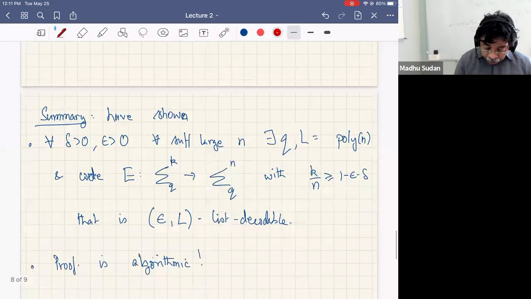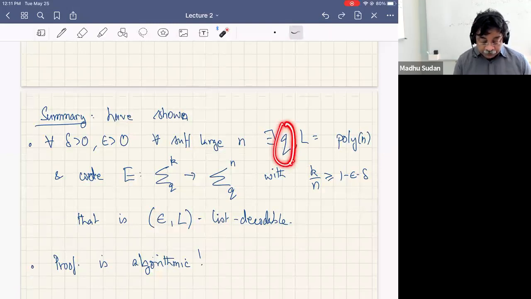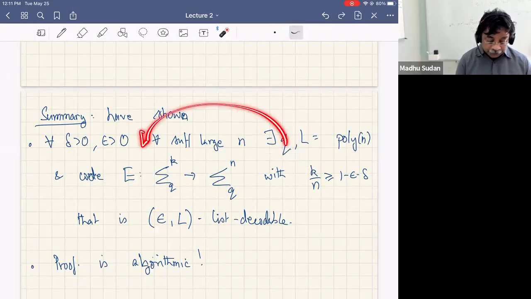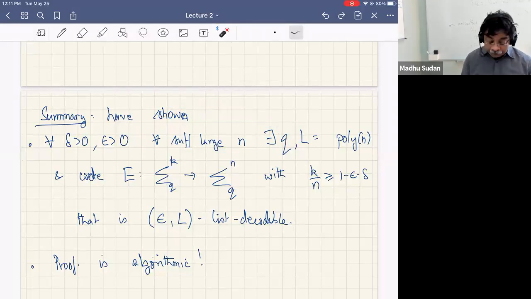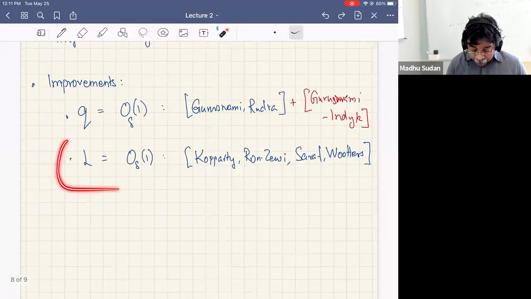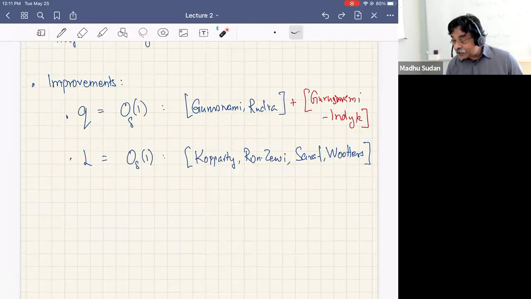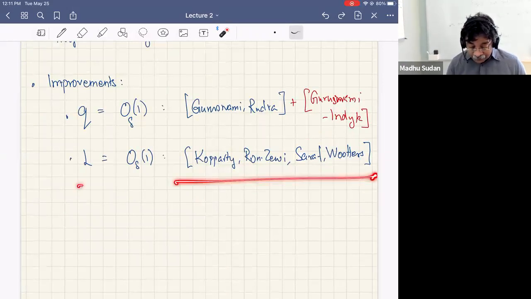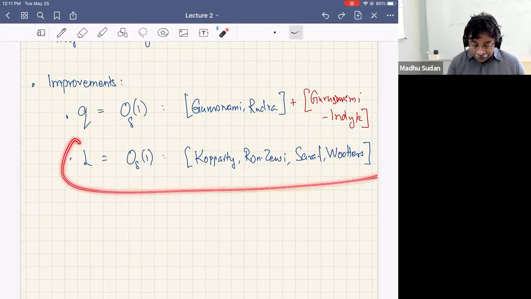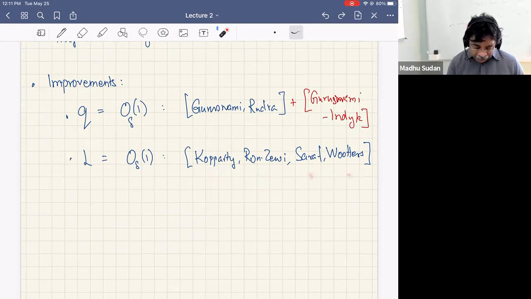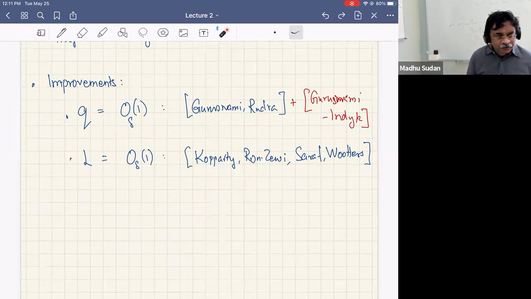So this Q actually does not need to be polynomial in n. It can be made constant. So you can actually put the Q here. Okay, it doesn't depend on n. The same thing is true, it turns out, about the list sizes. And this took us even longer to realize. If I'd realized I had so much time, I would have tried to put in the proof of these folks in this talk. Kopparty, Ron-Zewi, Saraf, and Wootters, in the last 2 or 3 years, I think they proved that